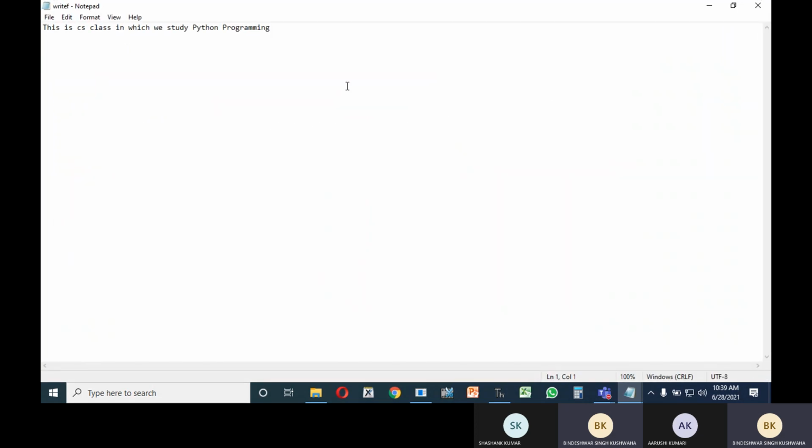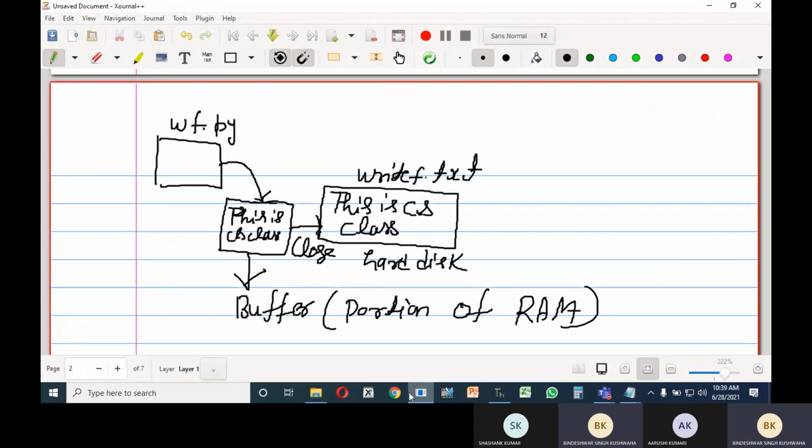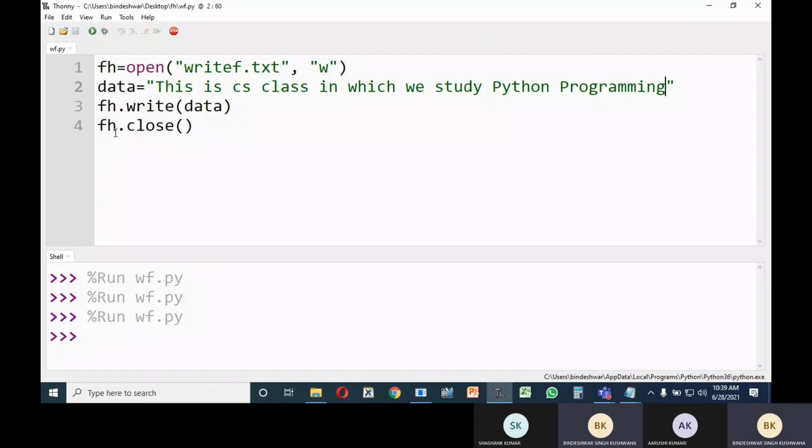So today you have been introduced to a new function, which is the close function. This is a good practice, to close a file once you write data onto it. The close function, you can say, works like save and also close.